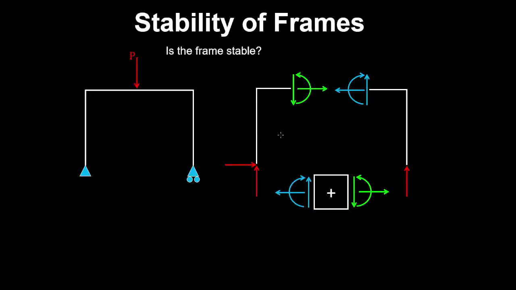To determine if a frame is stable, we can cut it at some point and expose the internal forces in each part of the frame. So from left to right, we use this convention, where the tensile axial force is positive, and on this side, we use the left-hand positive convention. So here we have two parts